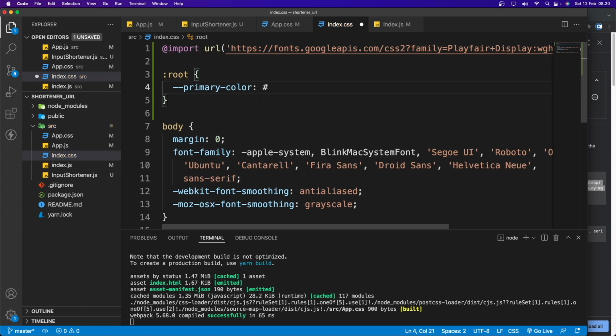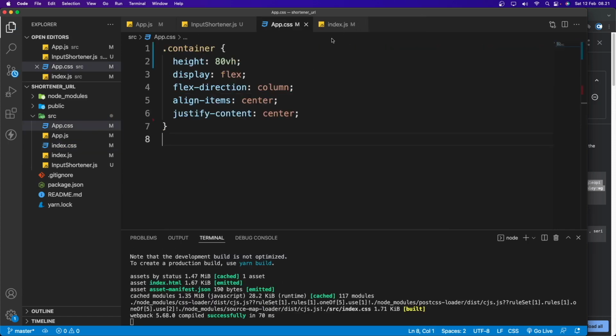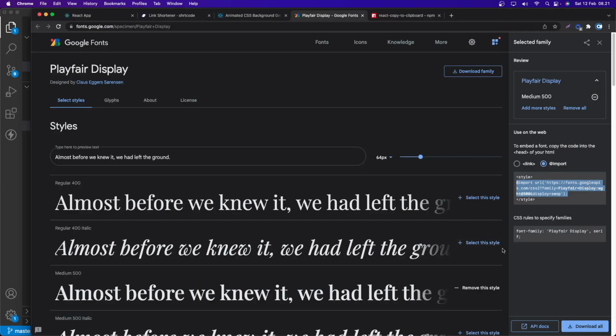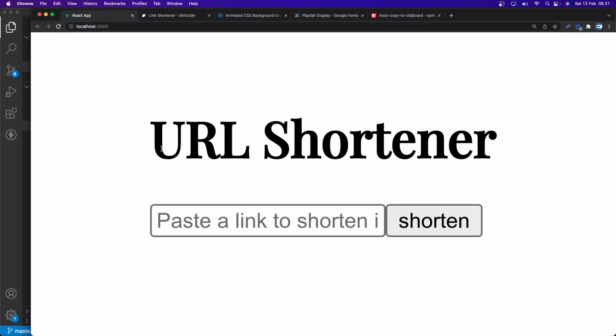The color I'm going to use is F99F38. Save, and let's close, and I'm going to grab the input-container h1, and I'm going to change the font family to this one here. Let's copy and paste that in here. So now the font is going to be changed. Okay, pretty nice. Let's make it smaller.